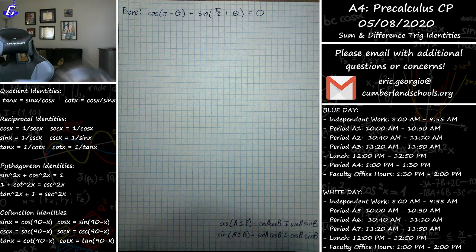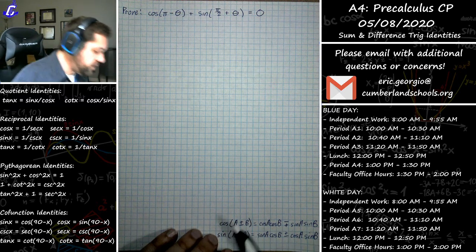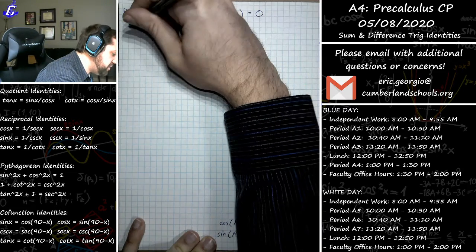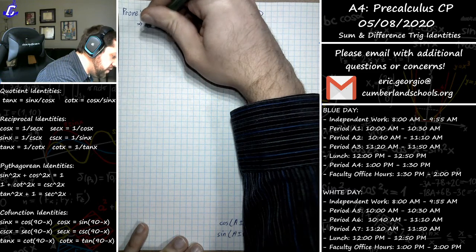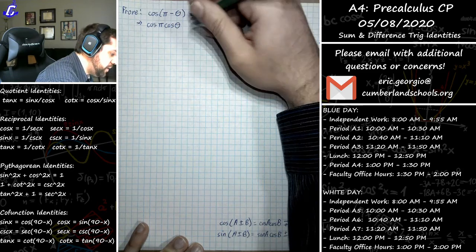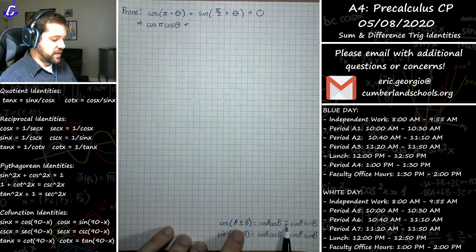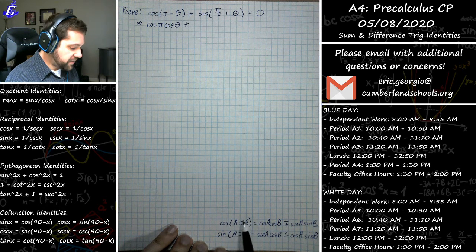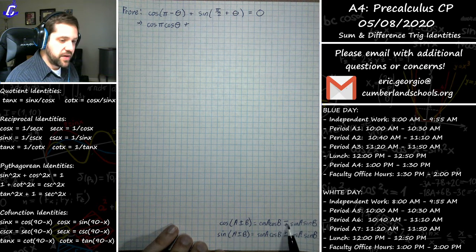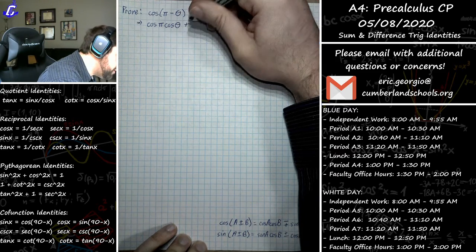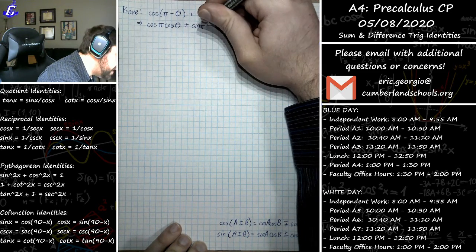We have the cosine of pi minus theta. So we can use our cosine sum and difference identity down at the bottom here, and I can say that's the same as the cosine of pi times the cosine of theta plus, because remember, the sign switches: the fact that we have a positive would switch to a negative, and the fact that we have a negative would switch to a positive. So the fact that I see a minus here means it's going to become a plus: sine of pi, sine of theta.